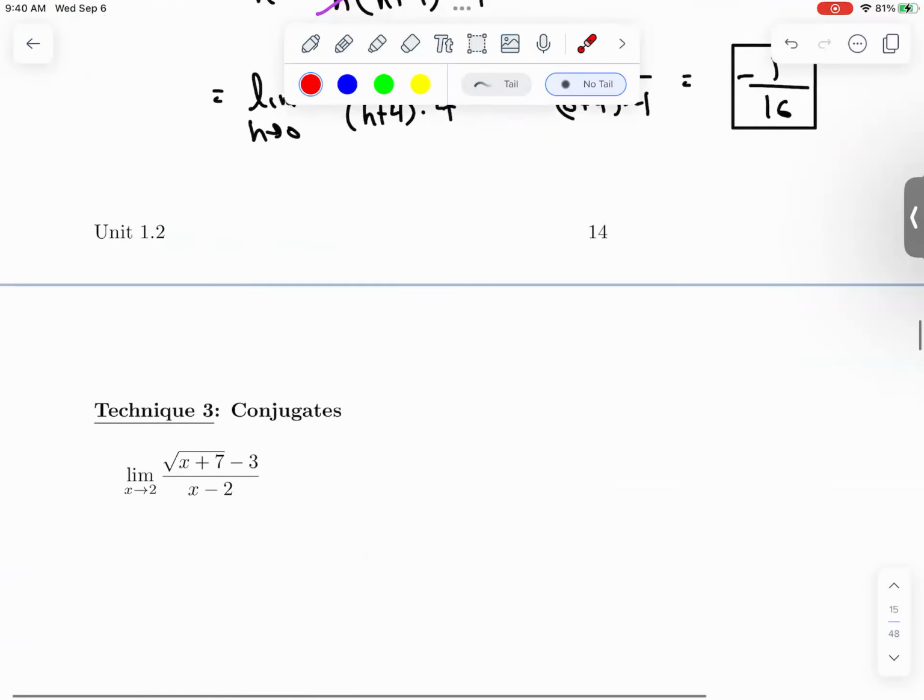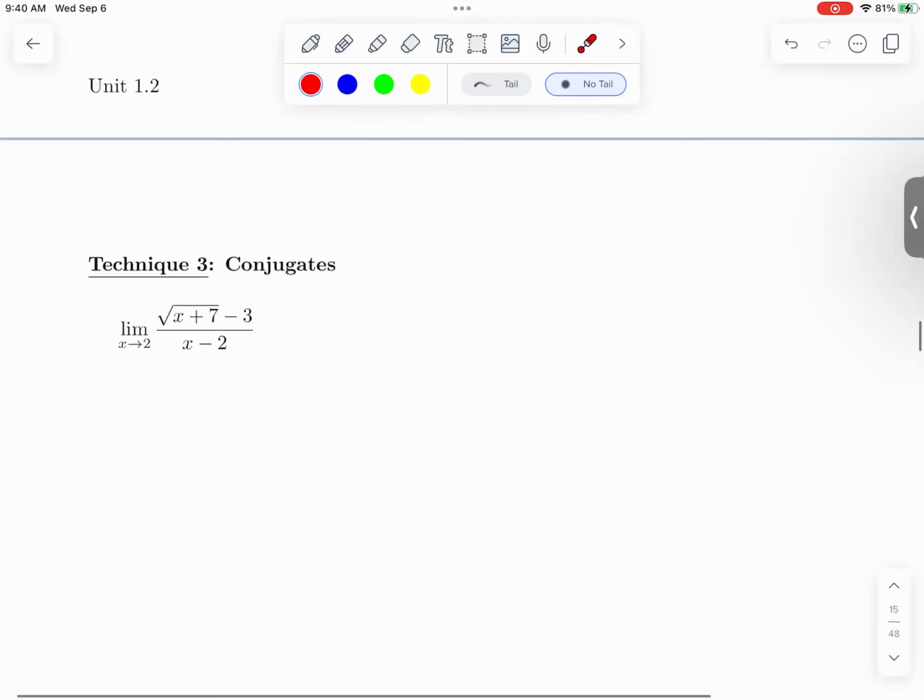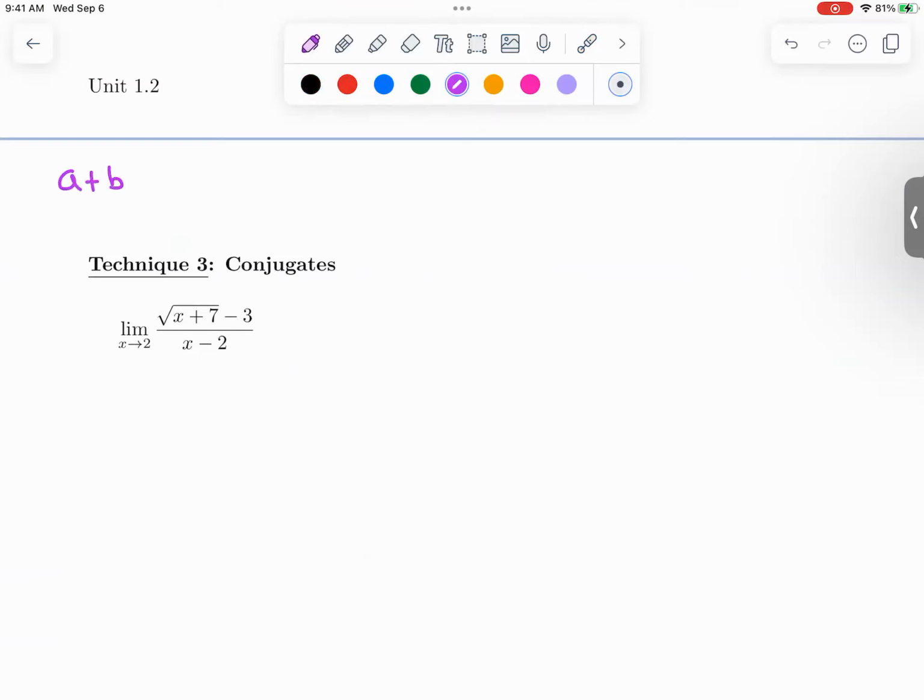The other technique is conjugates. You guys remember conjugates? So just as an aside up here, if you've forgotten, A plus B and A minus B are what we call conjugates. If you have two binomial things, and the only difference is the sign in the middle, plus and minus, they're called conjugates. Why do we care about conjugates? Or conjugation, the process of multiplying by conjugates? It's that when you have,